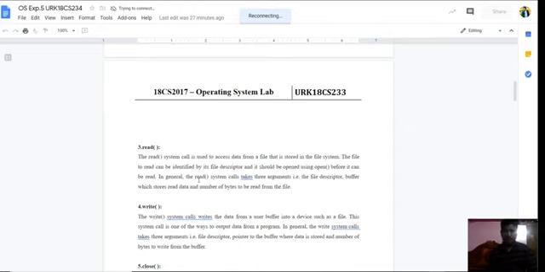For the read method, we have three arguments: the file descriptor, the buffer, which stores the read data, and the number of bytes to read from the file.